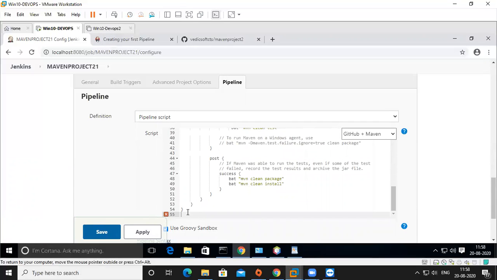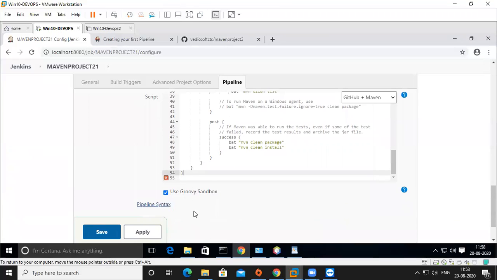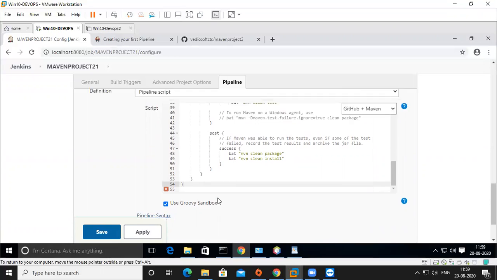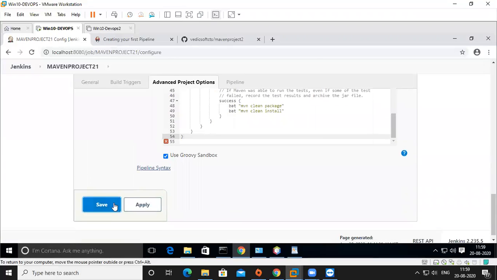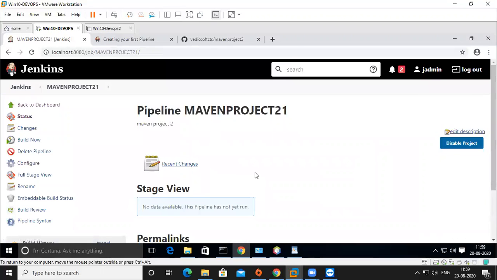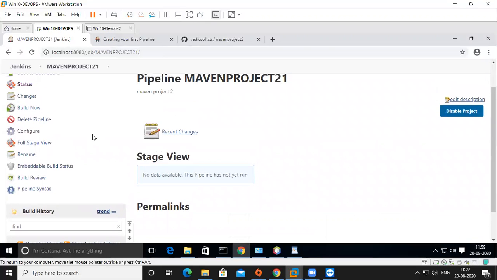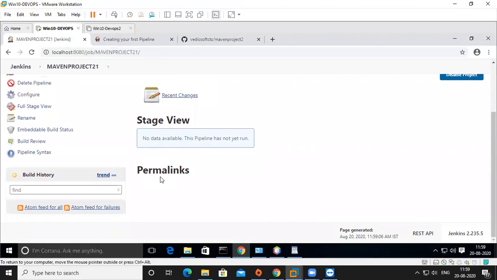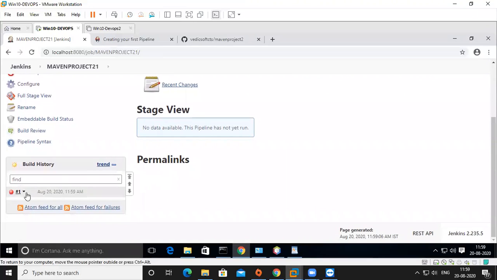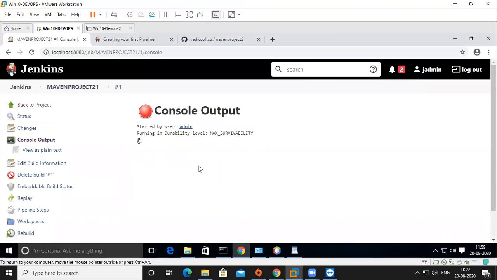Still showing. You can just keep it like this. We'll try. If you got a problem, then we'll see. Okay. We are not at run, so then no stage view. But once you build now, then stage view will start. Okay. We got a starting only console output error, but it's rotating.